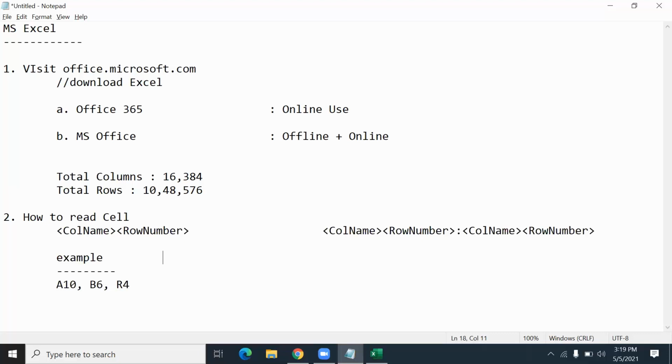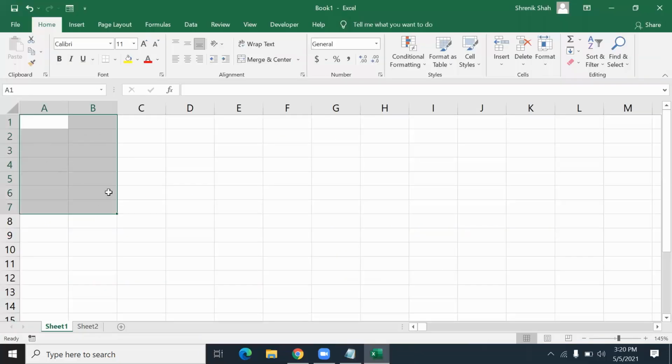For example, you can type A1:B5 or B5:C10. So this is called a cell range. I show you. If I select these cells, it's a cell range. The starting cell address is A1, the ending cell address is B7. If I click this, Excel also shows you the cell address here, C2.